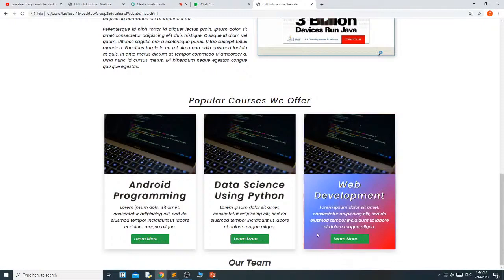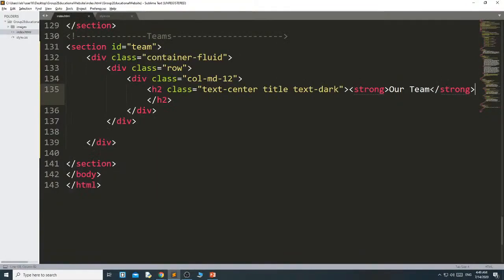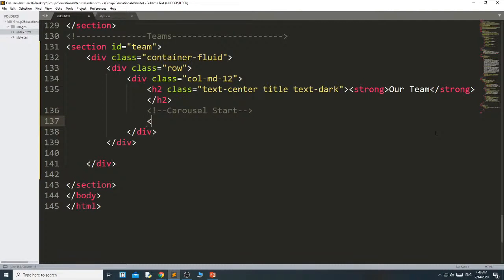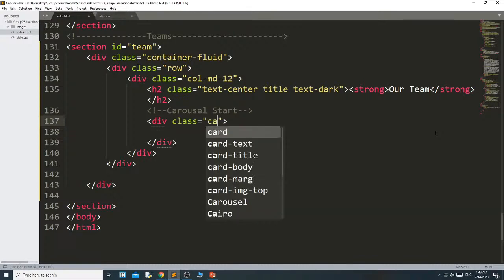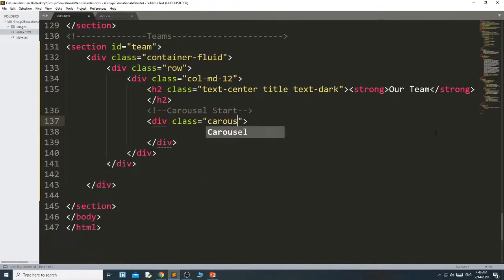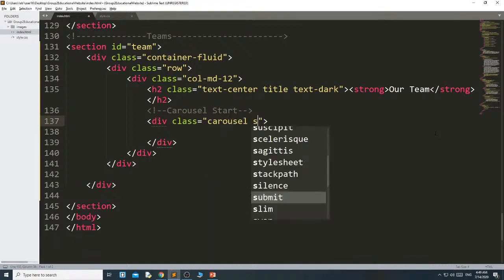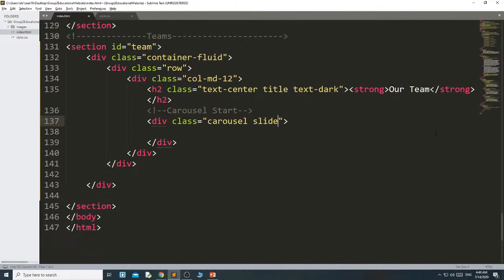Okay, first carousel start, I will write carousel start. Div class carousel, and another one class you have to write slide.